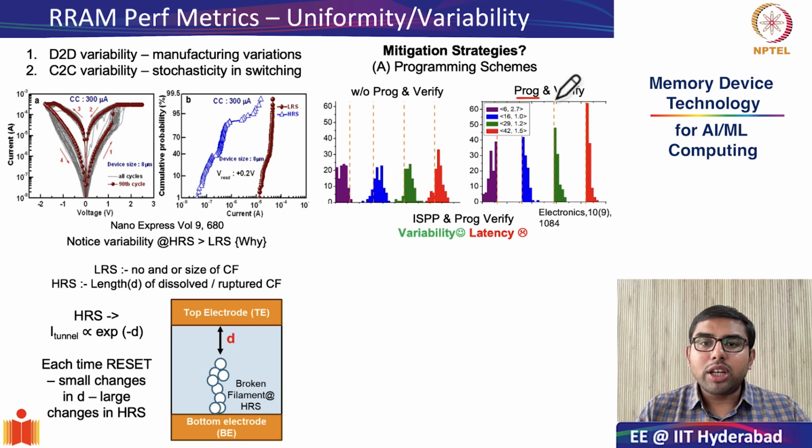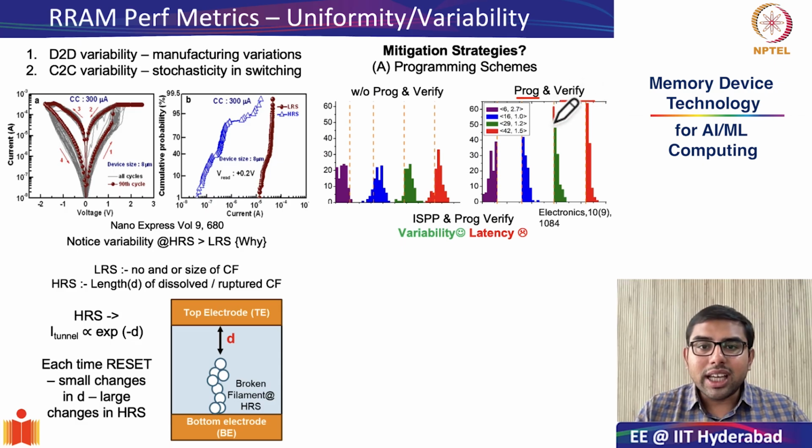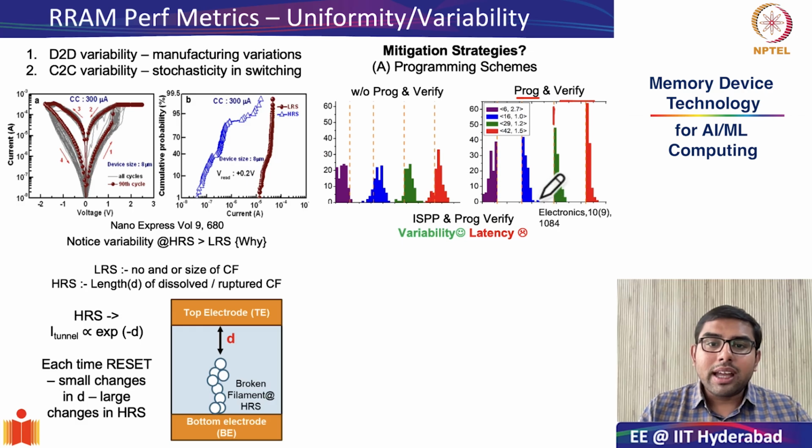However, the same memory, when you do program and verify, please try to recall, was after every small pulse of program, you check whether it has reached its intended resistance value or not, and if it has, then the process is stopped. This really helps in controlling the standard deviation of your resistance states, and thereby having sufficient margin between these resistance states. However, as we have seen, even with ISPP, although it helps in reducing variability, it comes at the cost